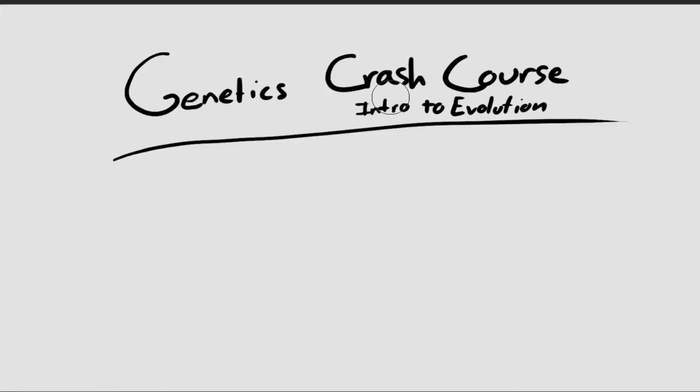All right, in this video, I am going to go over a quick crash course in genetics, mostly because you need to have a good understanding of genetics to know what's going on with evolution. Because really evolution, you're looking at genetics at a population scale. So if you don't understand what's happening at the individual level, it's going to be really tough to understand what's going on at the population level. So again, this is just really fast to give you a quick background so you can move on to the